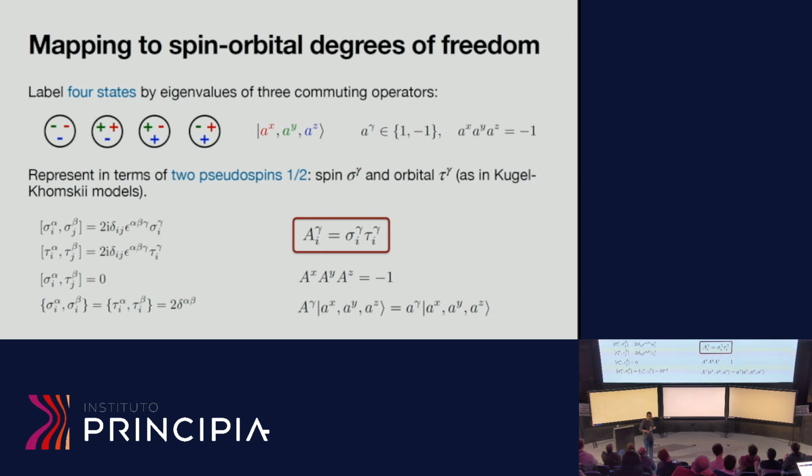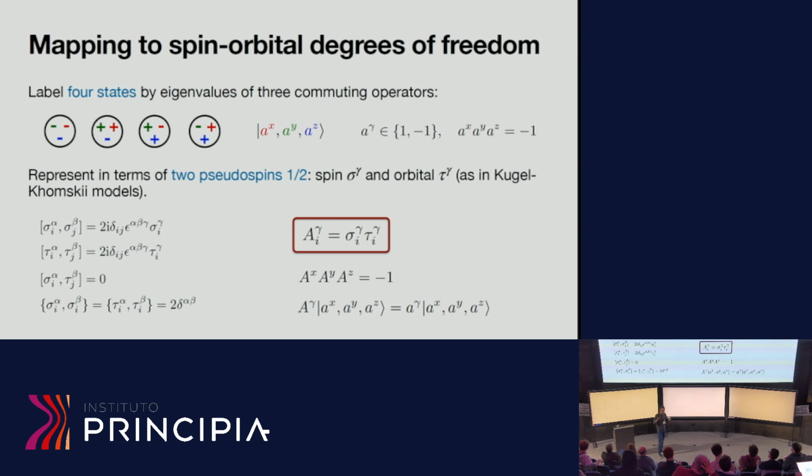Because I have a local Hilbert space with 4 states, that can be written in terms of 2 pseudo spins 1/2. So I'm going to call one the spin degree of freedom sigma, and also an orbital degree of freedom. This kind of model appears in condensed matter in the context of so-called Kugel-Khomskii models, where